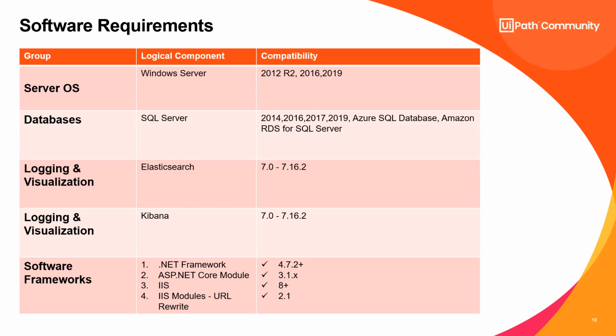So we need .NET Framework, which should be 4.7.2 or higher. We need the ASP.NET Core module so that the hosting bundle and all those things can be supported. We need IIS, which should be 8 plus, and we need the IIS URL Rewrite module